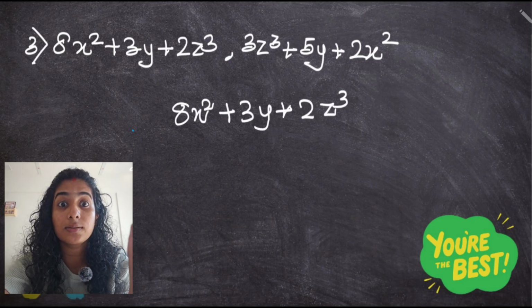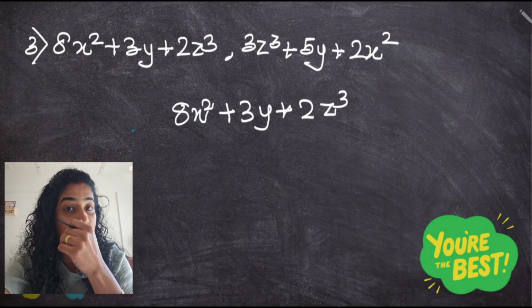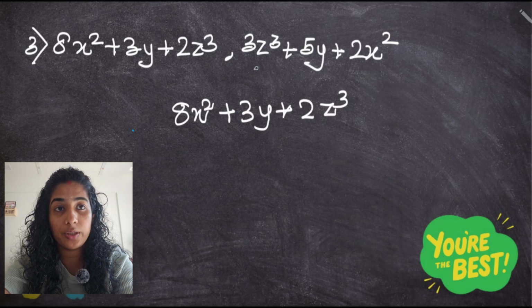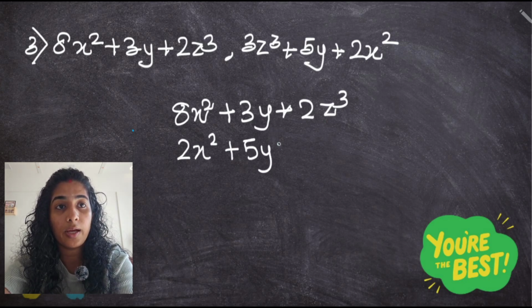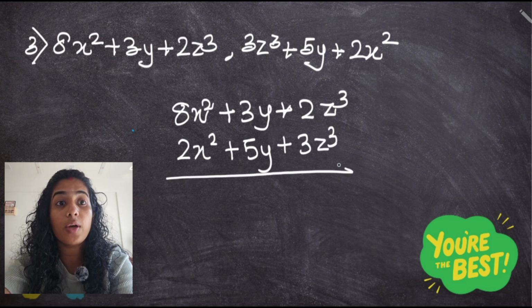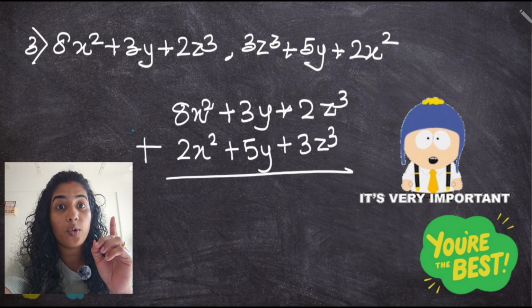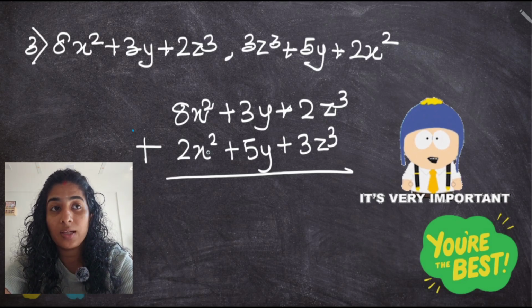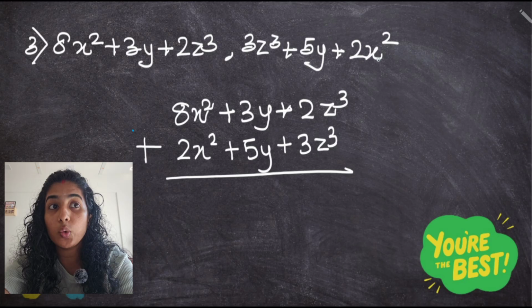Now the second step will be to arrange all the like terms together. Now here you have to remember. Okay, first I'll write over here, in the second expression, you see it is z cube, y and x square. So I'll arrange x square together. Over here will be 5y and over here will be 3z cube. Now here what you have to remember is you have to check the variable. Okay, like over here it is written x square. Now in the question, if it was 2x cube,